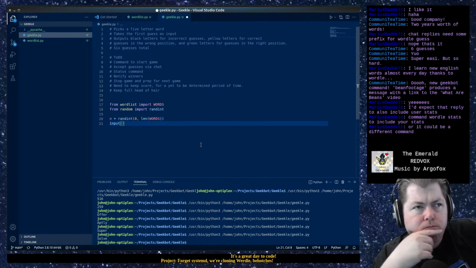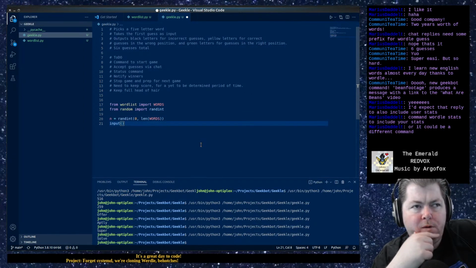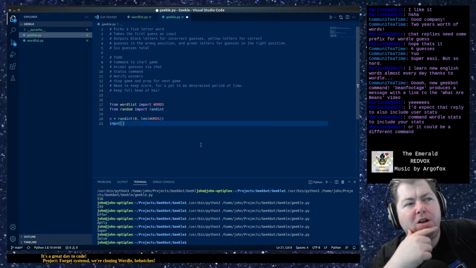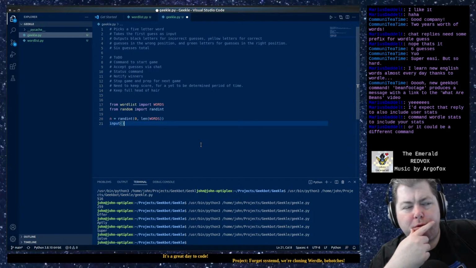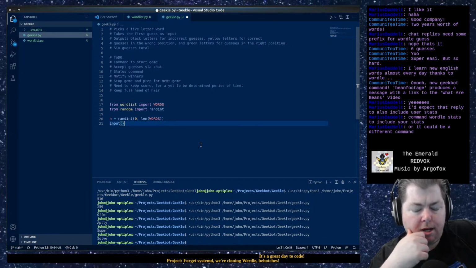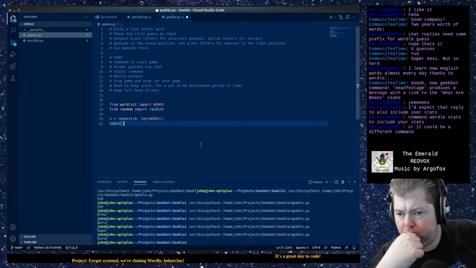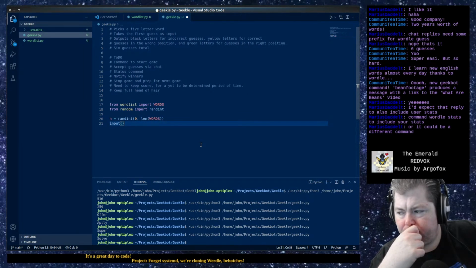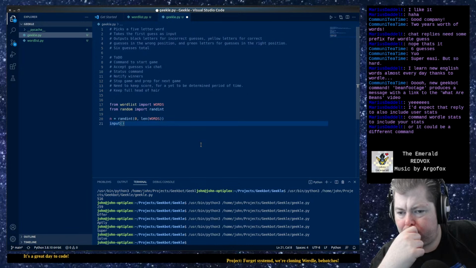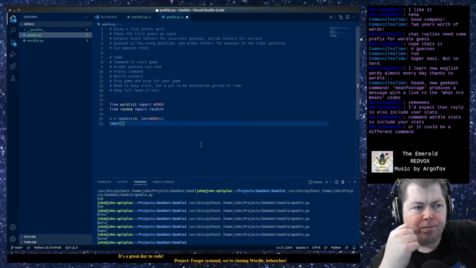Or I guess we could do this as a module that gets imported into Geekbot.